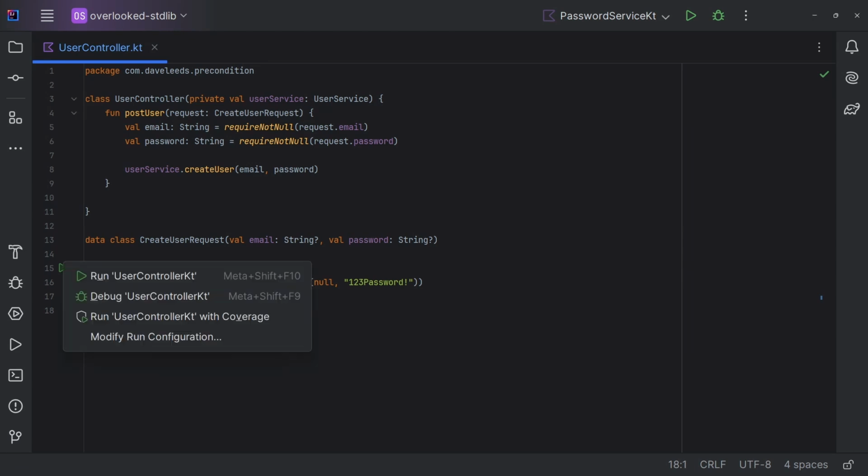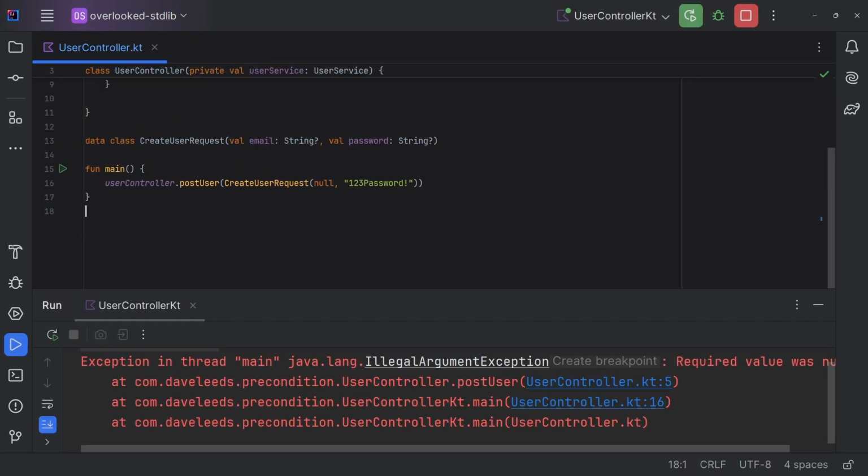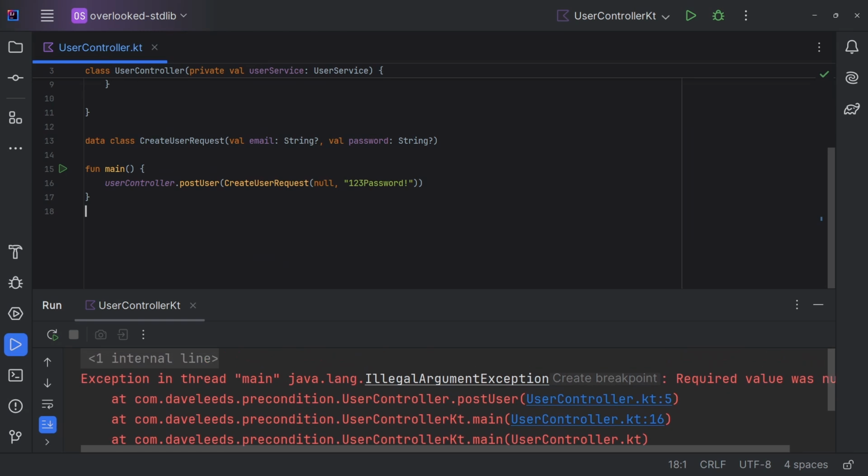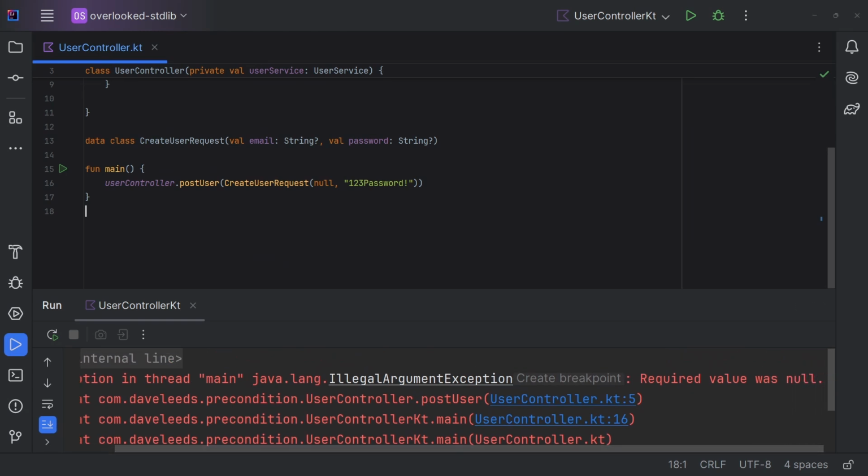Now, if all you're trying to do is make sure that an argument is not null, then instead of using require with a manual null check, you can use the require not null function. This function has a default exception message that's a little more suited to checking for nulls, and it also returns the non-null value. Now in Kotlin, of course, you should use actual non-nullable types whenever possible, but for those cases where you're getting a value from some external source, like a database or an HTTP request, require not null might